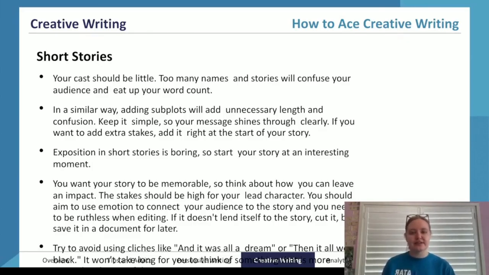If a word, a sentence, a phrase doesn't add to the overall message you're trying to share, cut it out. Get rid of it. If you are feeling particularly attached to something but it doesn't feel like it fits in the story, you can cut it from a document and save it in a different document for later.